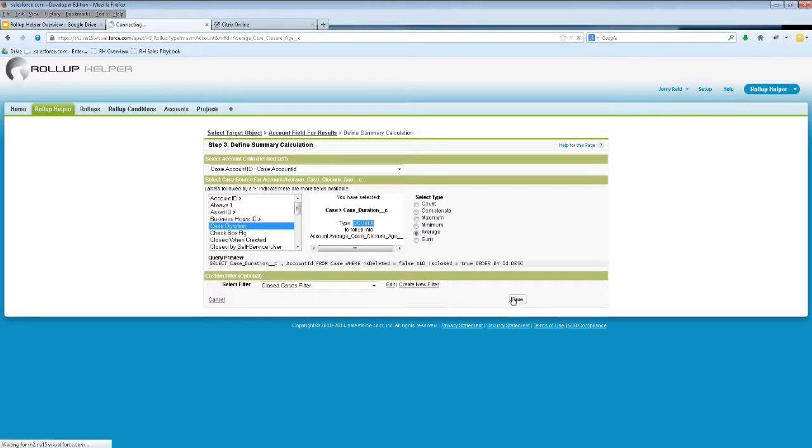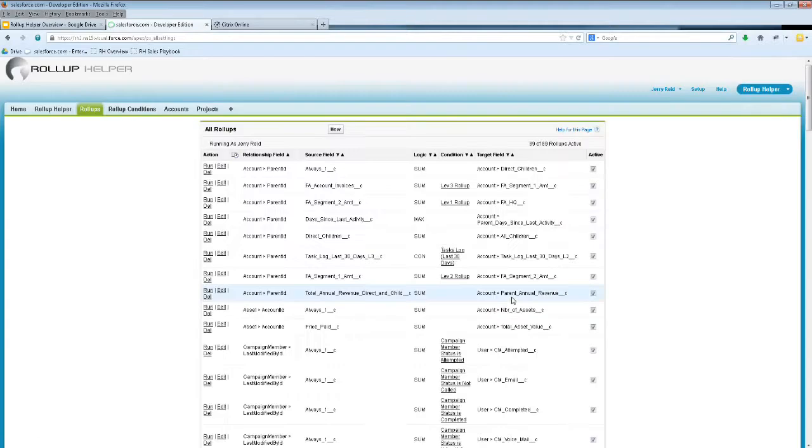And I'm going to go ahead and click Save, and that's pretty much how easy it is to do an average roll-up. And if I added cases or if I modified cases and they met the criteria of that roll-up, it's going to happen in real time for you. So that's how you do counts and averages in Rollup Helper. We're really